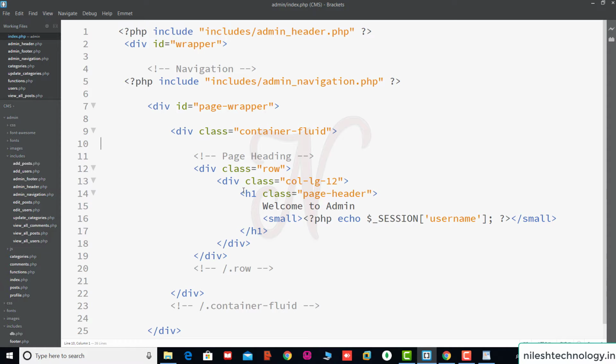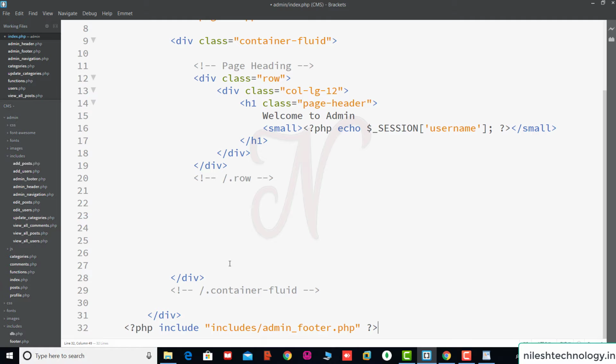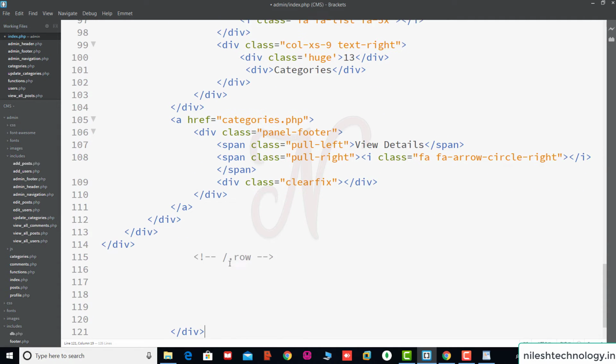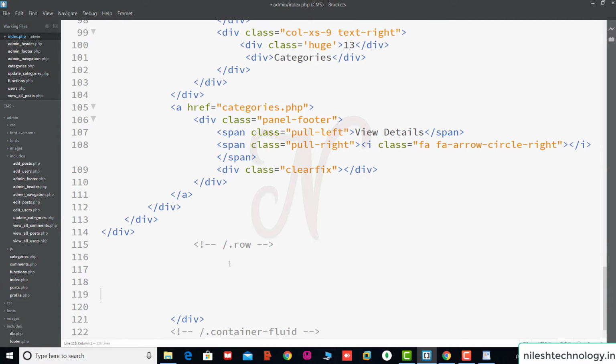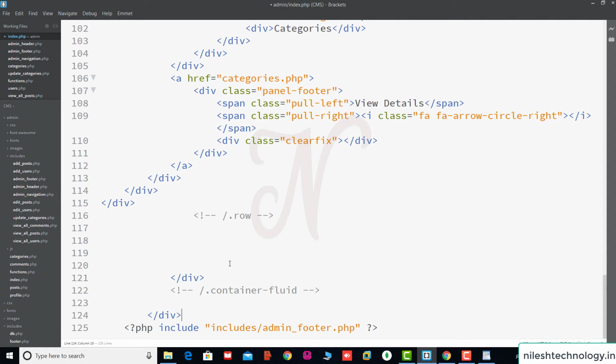After the closing row tag and div, here we paste all of this data using the Control V shortcut.